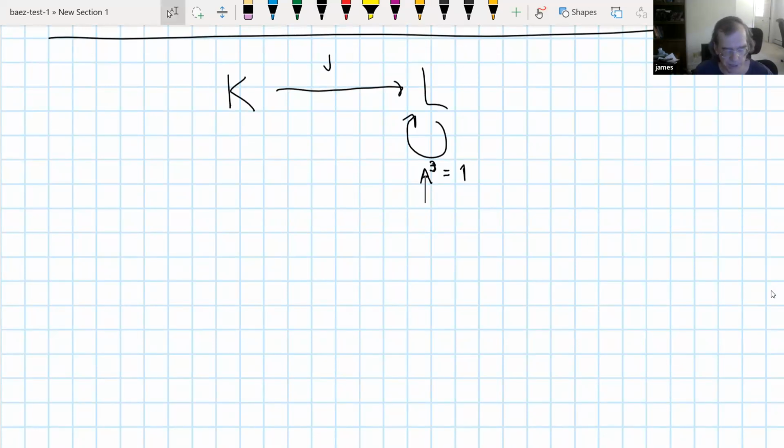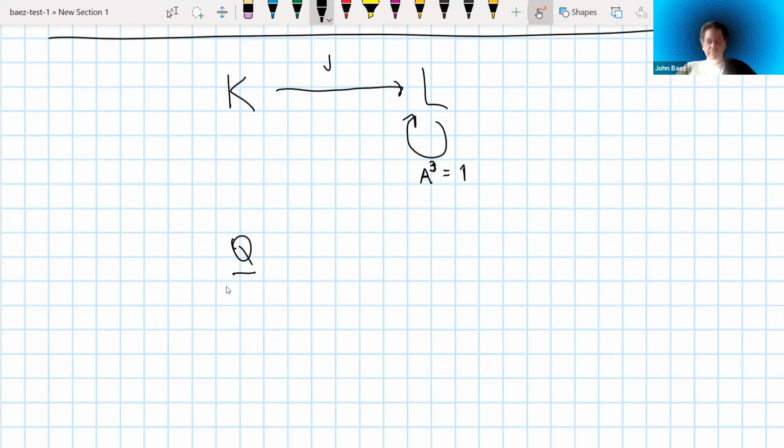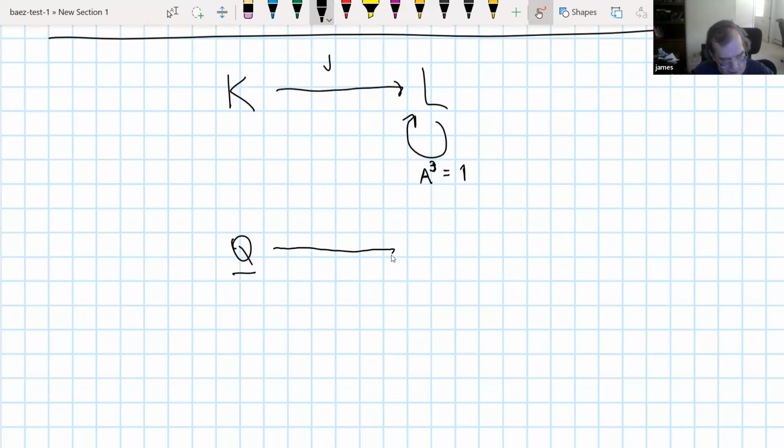these Z mod 3 torsors. I was actually looking at Z mod 3 torsors over Q. And that was making it tricky, because if I had been doing Z mod 3 torsors over the Eisenstein field, it would have been very automatic. But I was trying to back up and do Z mod 3 torsors over the rational field. And that was making it a little bit more subtle. But I was trying to have pictures like this. So how does this work? What am I trying to say? I'm trying to say something like,